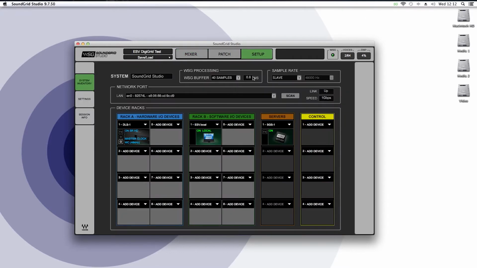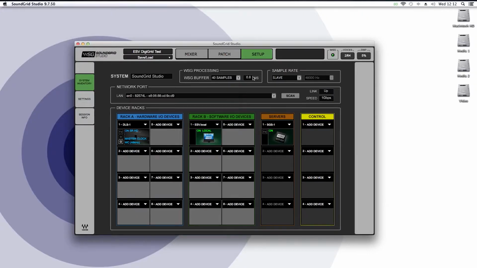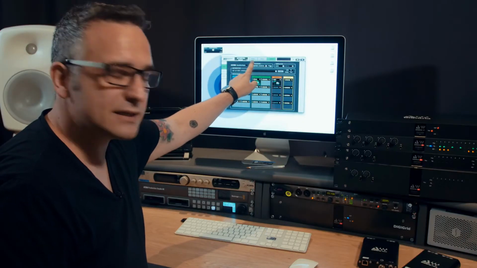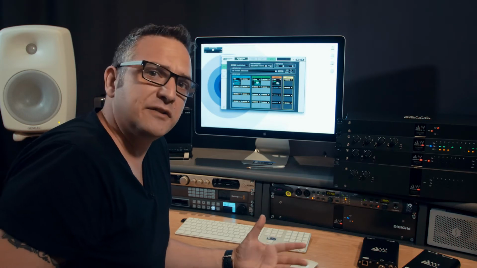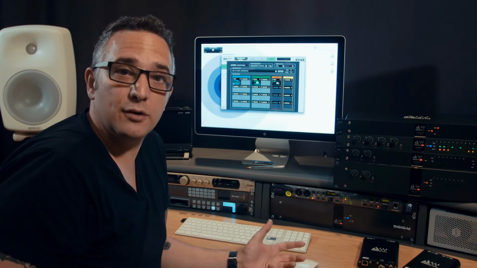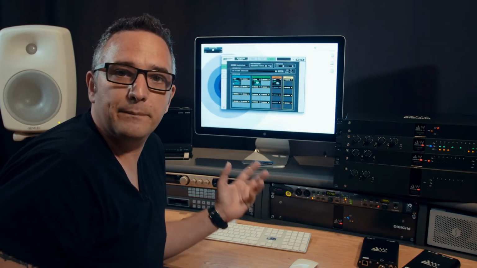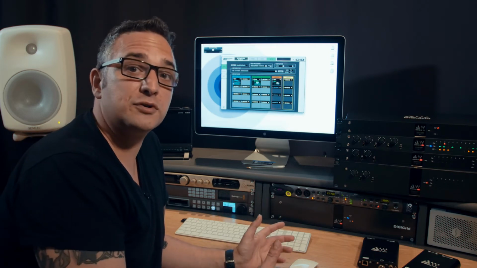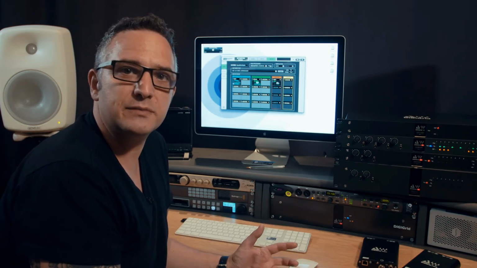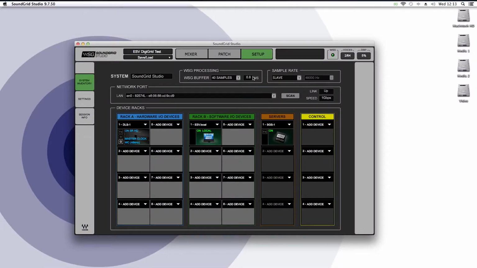It's split up into three tabs here. The Setup tab, which is where we're going to configure all the hardware. We'll have a quick look at that. The Mixer tab allows us to access the DSP in terms of it being a utility mixer. So in the native world, we use that for building our low latency monitoring paths. And in the Pro Tools HD environment, we could use it just as a utility mixer to take signals from our Pro Tools or network-based signals and mix them together and process them. And then the final part, which we'll look at, is the patch, which gives us a free patch bay between